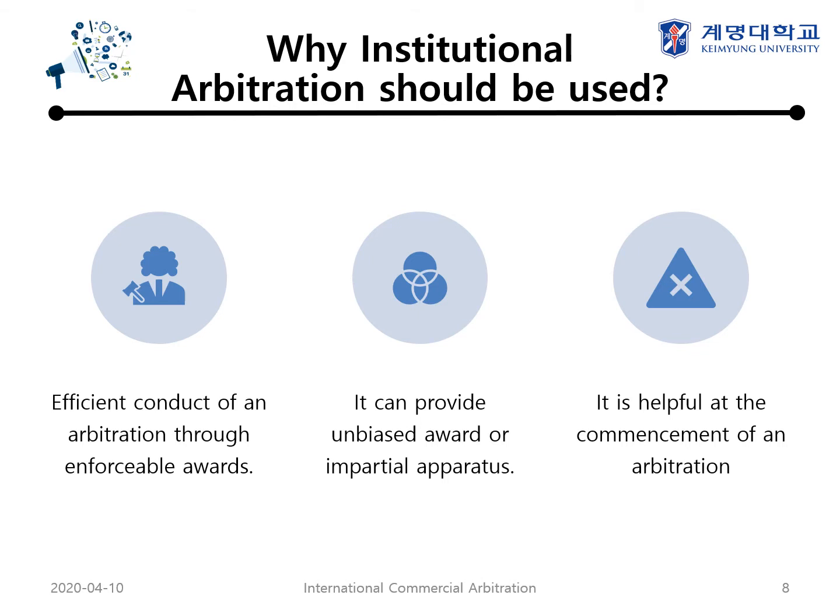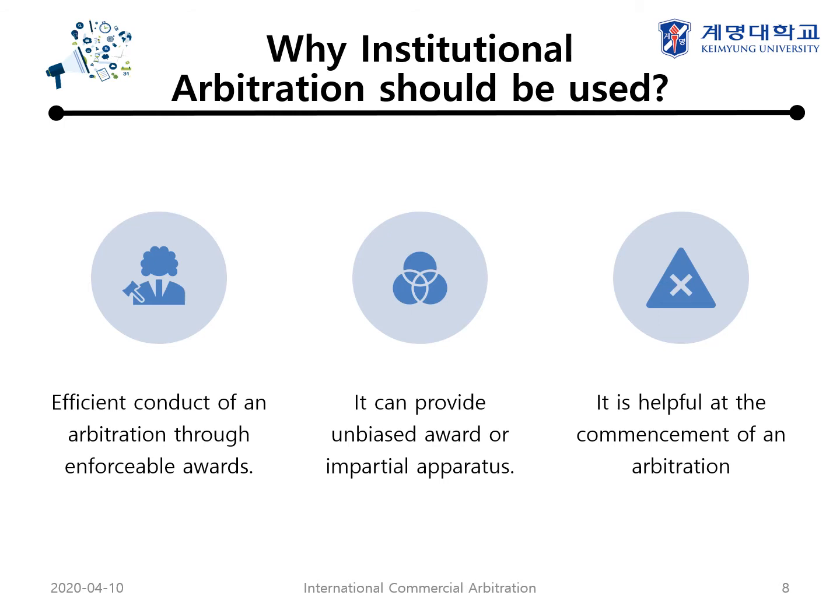Most institutions like the AAA provide administrative assistance or a secretary. They could also provide you a list of qualified arbitrators to choose from, which could give you a reason not to doubt the award, and this could be a factor that institutional arbitration can provide an unbiased award